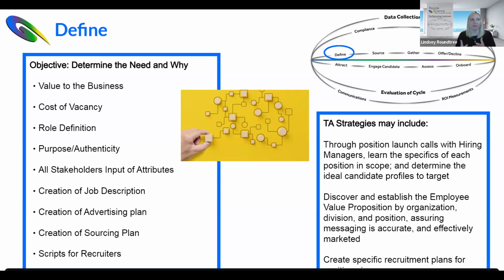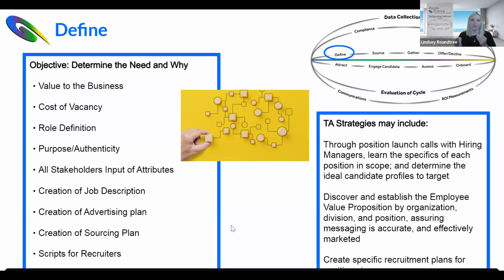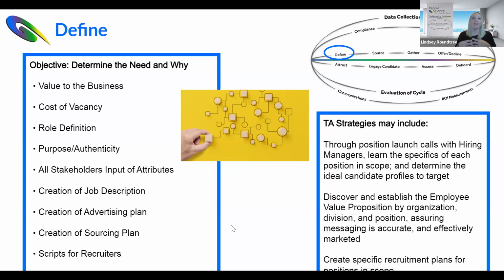A lot of this work is done up front. I do feel like when you get into those more repetitive high volume roles, this somewhat fizzles out, right? It's done once and then it's just applied to every role, where the roles themselves may be similar. They're more than likely sitting in the hands of different managers, or maybe there are small differences between locations, let's say. So where I think this is extremely important, I just want to stress the fact that